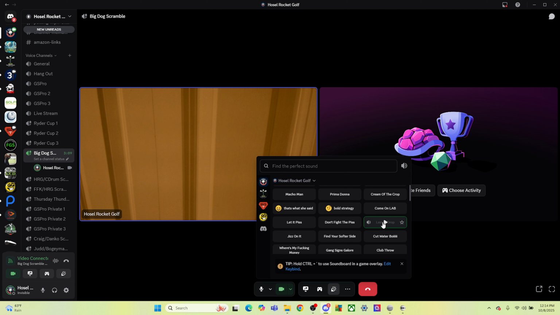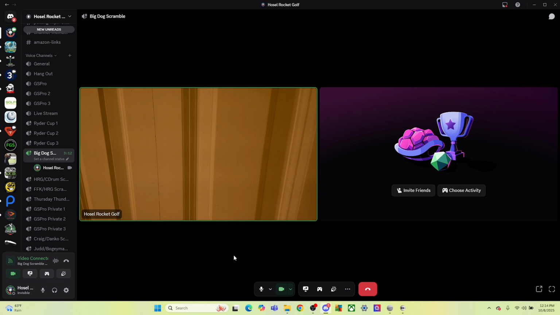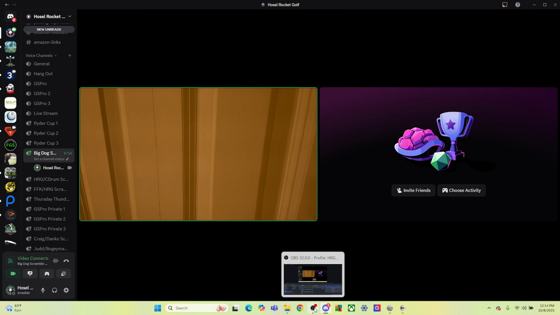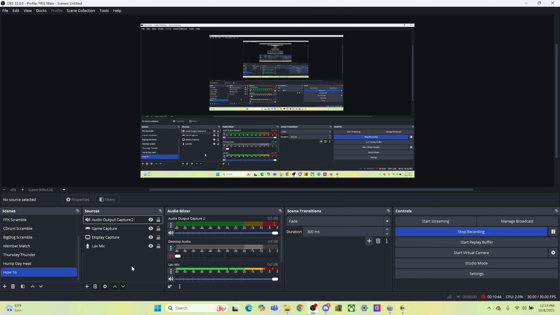Those are good. So again, soundboard just for an example, that would be the other person talking, but now as far as OBS goes, we have GSPro, you would have your camera, you would have your mic, and now you have the audio of anyone else that you're playing with, whether it's one person, 7 other people, you get the idea. After that, what we're going to want to do is add a window capture to be able to grab